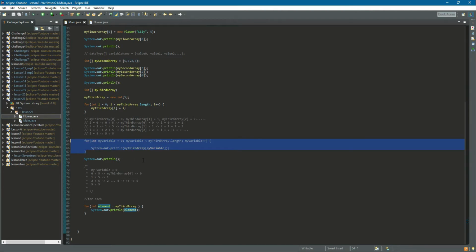So you can write this for loop as a simpler for each loop. You just say for that type integer, and you create a variable element inside this array. Each time you go through this loop, print out this element, and practically you do the same thing as here,